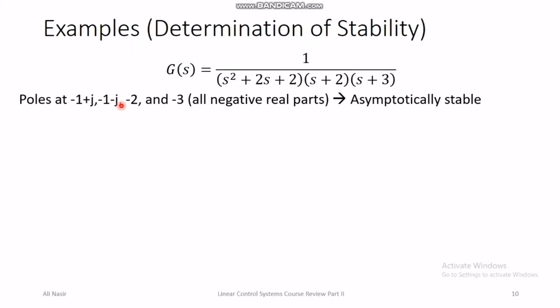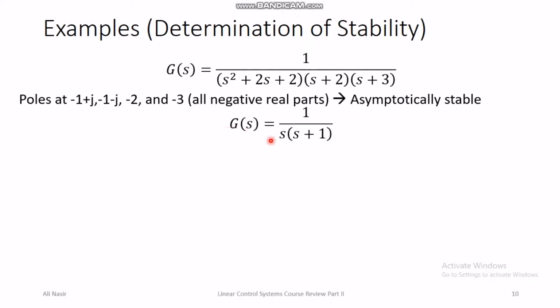So all the poles have negative real parts. The real part of these poles is -1 and -1, which is negative, and this other pole is a real pole, so its real part is negative too. So all the real parts are negative. This means that this system is asymptotically stable. This system will not only have stability, but it will also have an infinite region of attraction. No matter where you start in this system, the natural dynamics of the system will always converge to the equilibrium point.